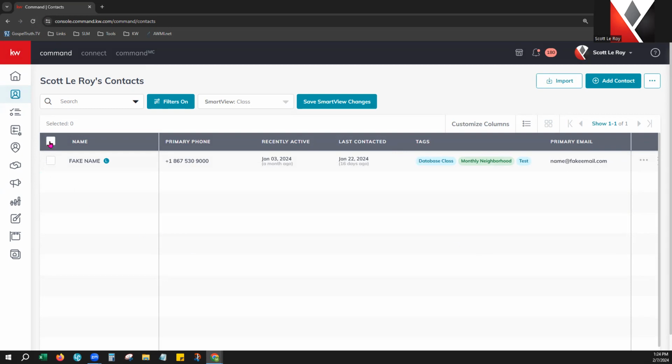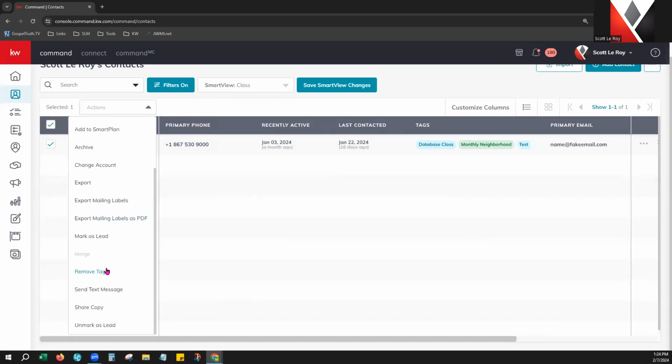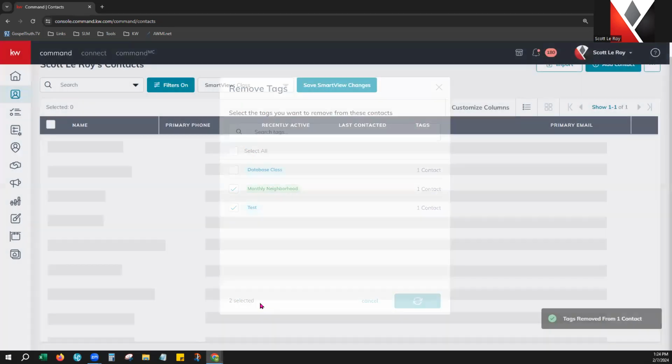Same thing with removing tags. You can always select the contacts. Your bulk action menu appears, and you can scroll down to remove tags. It will show you the tags that are currently applied and to how many contacts they are attached to, and you can choose which ones you actually want to remove and hit remove. Okay,